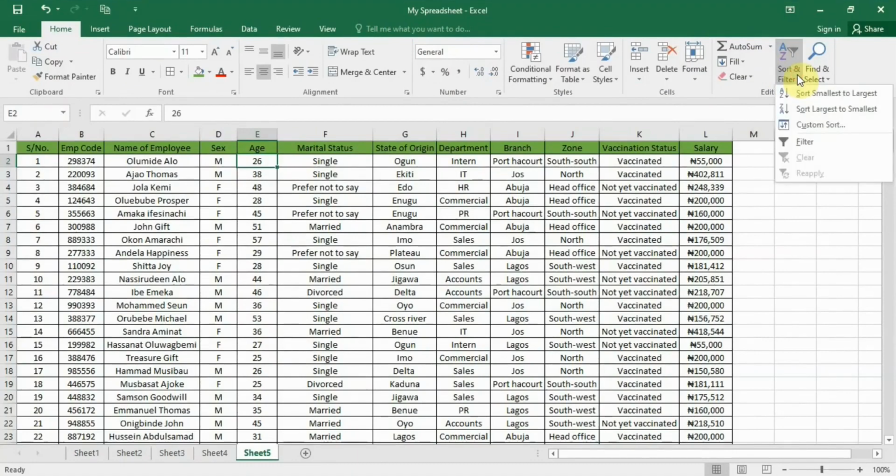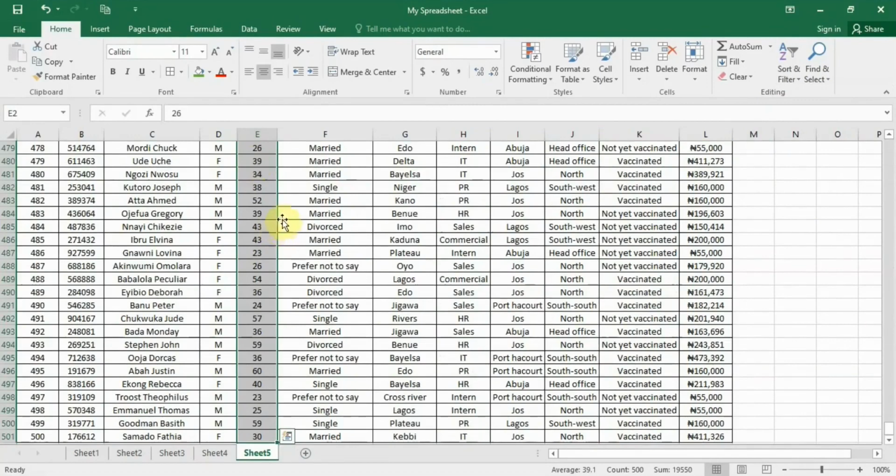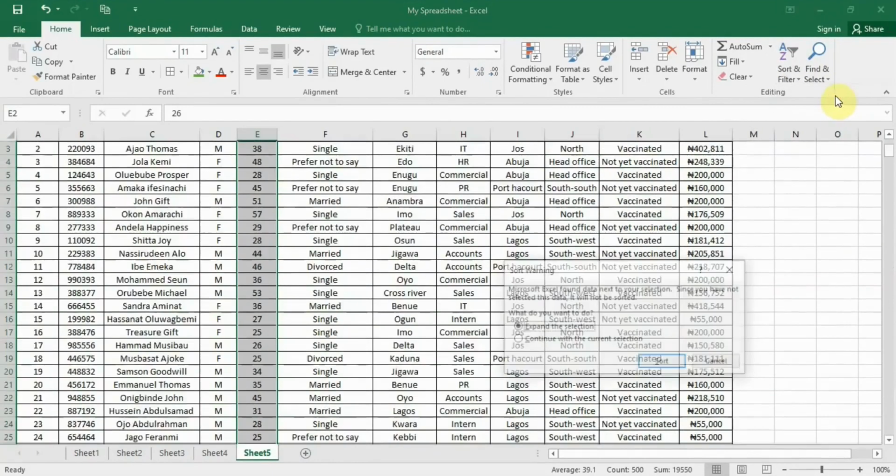If you click on this sort and filter option, you will see sort from smallest to largest, or sort from largest to smallest, custom sort, filter. So we will learn how we can use all these things to improve our work. So let's look at our age, let's copy them. We'll copy our age, and then we'll go to sort. So we want to sort from smallest to largest. So if we click smallest to largest,